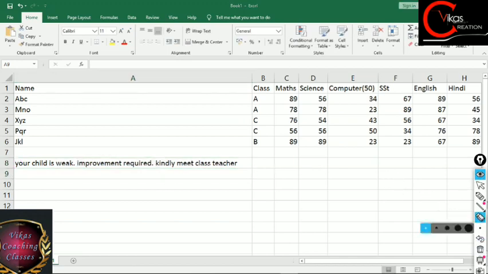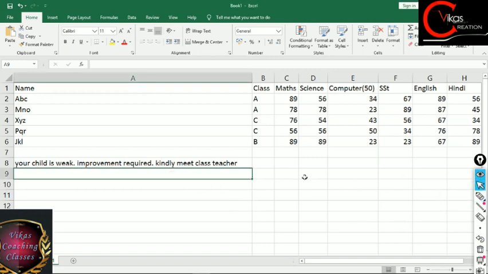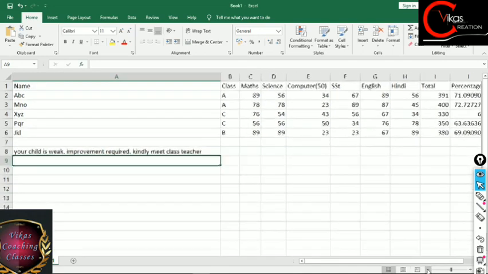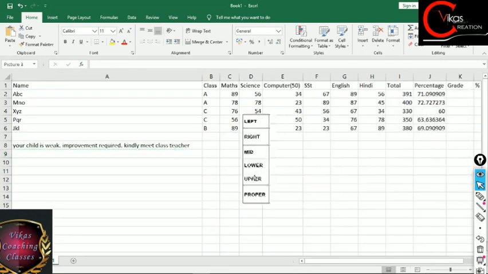I have performed all my mistakes, let's suppose. Fine, so this y is coming in small, this I is coming in small, this k is coming in small, because we all can easily see that these are three different sentences, so their initial words should be in caps or in capital case. So what we can do for this we can use our function, that is proper function. Let me show you that. Just let me drag that to this side.